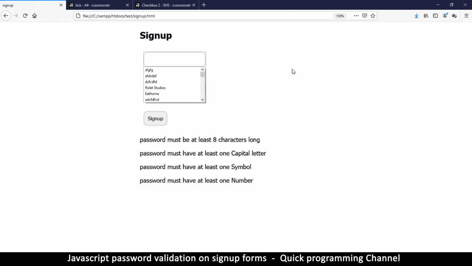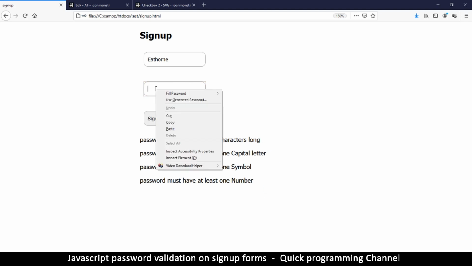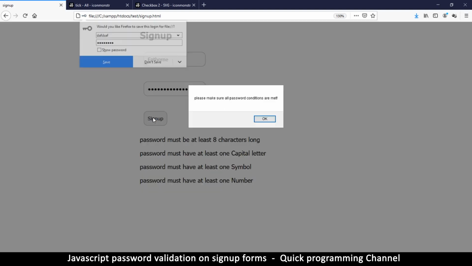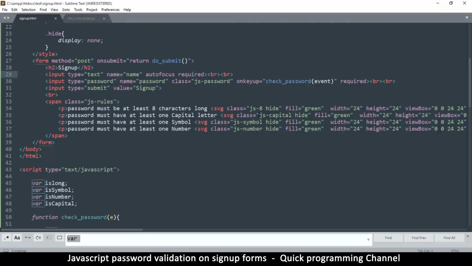Okay, so let me refresh here and type in some actual data. So then I will type in a password here. Let's see, use securely generated password. So that's the securely generated password, but it doesn't have a symbol, so it's disqualified. Now that actually happened there where the numbers changed and we didn't see anything. If somebody came here and pasted the thing like this and tried to sign up, it will refuse because none of that was met. So I think what we should do here also is on key up,